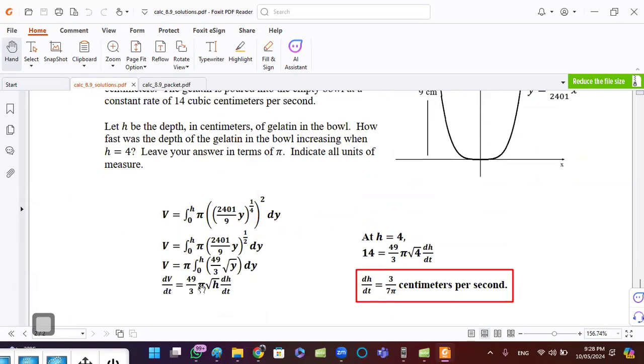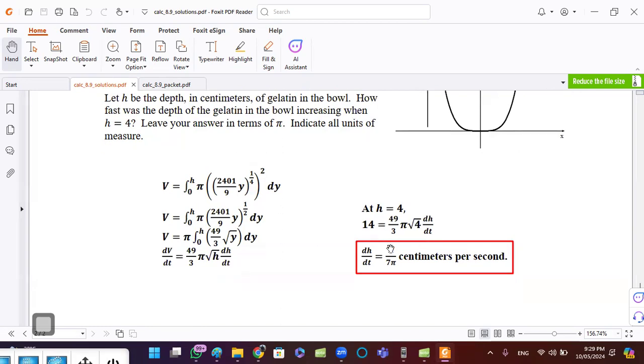Now I need this one. This will be the height. Square root of y will be the height. dh over dt. I will substitute with dy over dt, and this dV over dt. Got my point? Yes. Okay, at h equal 4, when I put 4,